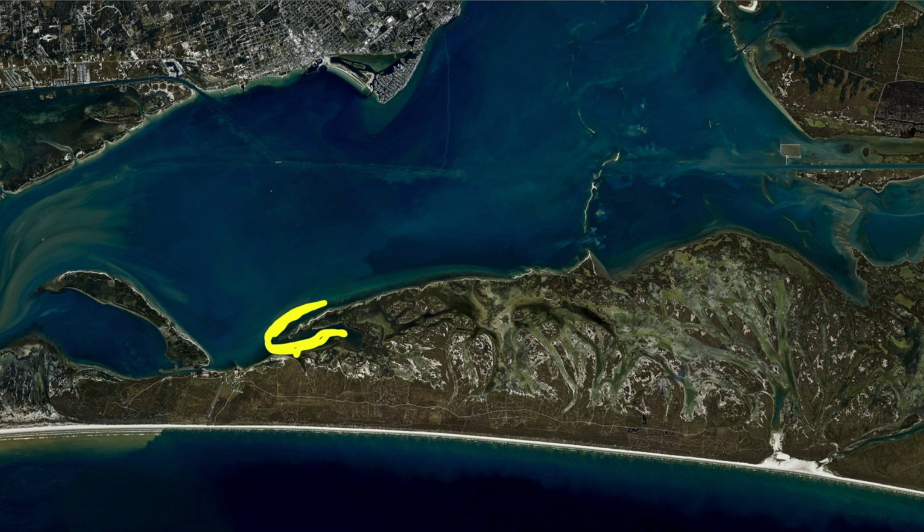All up and down St. Joe Island is just a great area. There's lots and lots of fishing area up and down this. Nobody should ever have to crowd anybody up and down this shoreline. You should have yourself plenty of room. Be courteous to each other out here on the water. This is a great place to be. Everybody just wants to relax and be out on the water and have a good time fishing. So just give each other plenty of room to do that, because there's plenty of fishing area all up and